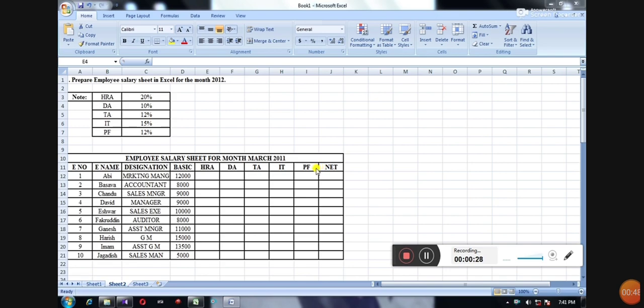we should insert the table with the employee salary sheet for the month March 2011, including employee number, employee name, in the B12 column, C column, D column, E column, F column, H column, I column, J column. So in the E12 we should enter the formula of HRA,